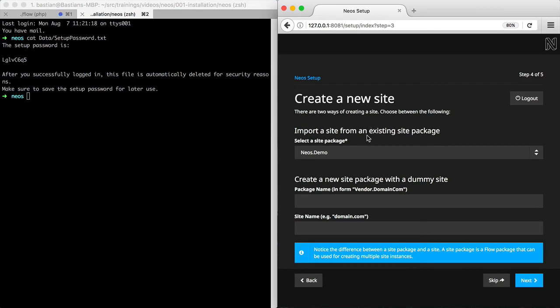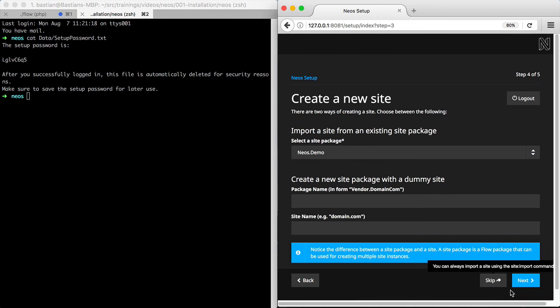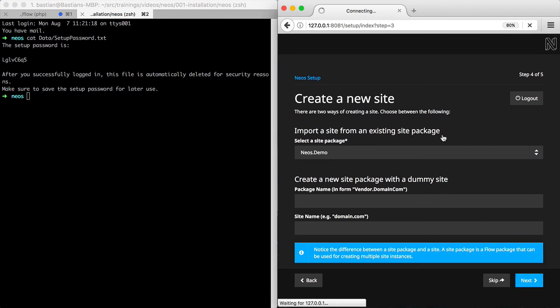Now Neos allows me the choice of creating a new site or importing an existing site from a site package that was already installed. Neos comes with a Neos.Demo site package installed, and in my case I'm going to accept that and not create my own site because I want to display the demo site. I click Next, and this concludes the setup, as it imports all the existing content from the Neos demo site